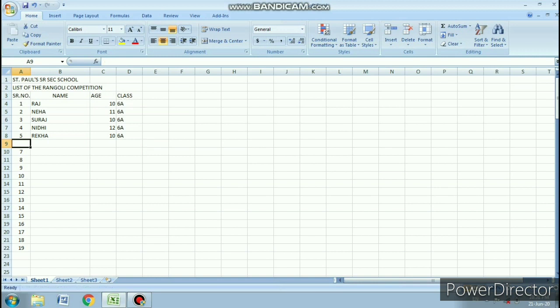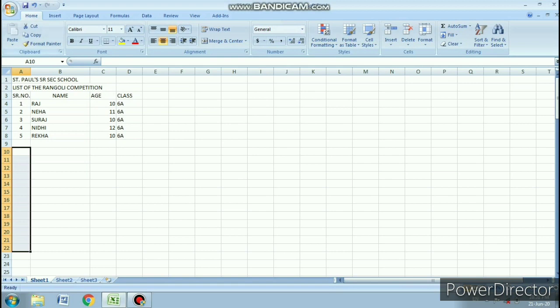Or I have another option. It is a large amount of data, so why go cell by cell, one by one? Again I will select the range, and all together I will press the delete button, and you can see all the data will get deleted with one single click. So this is my simple list. I will not tell you about formatting, because in my next video I will explain how to format or how to make your Excel sheet very attractive using so many tools.